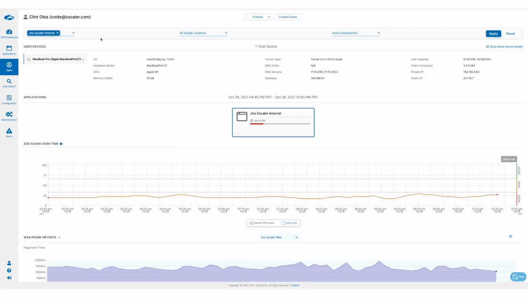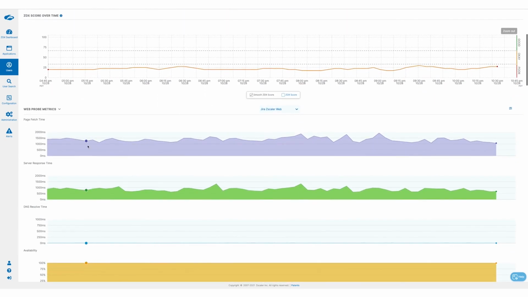If I now select another one with a not so good score, 22, remember these are both in the US, so the baseline that we use is the US baseline, and we compare users. So let's see why this score is not so good. In terms of performance or speed, this user is getting around 1.5 seconds, which is considerably higher than the 300 milliseconds we saw before. So that's why the score is worse for this user than the previous one, because in comparison, this one is having a not so good experience.